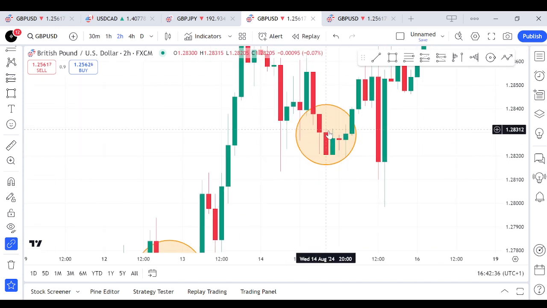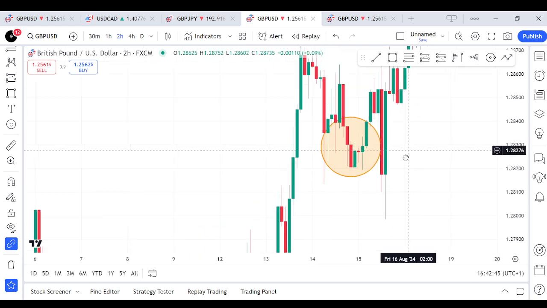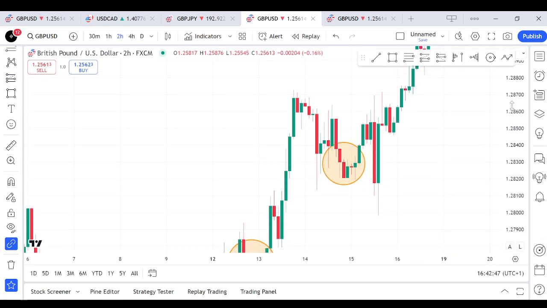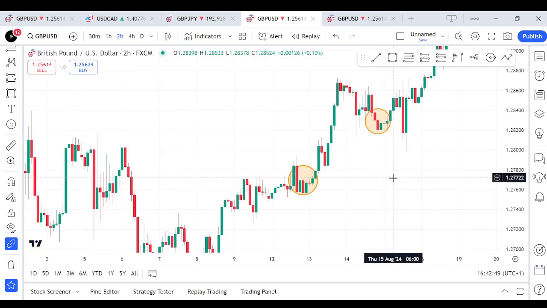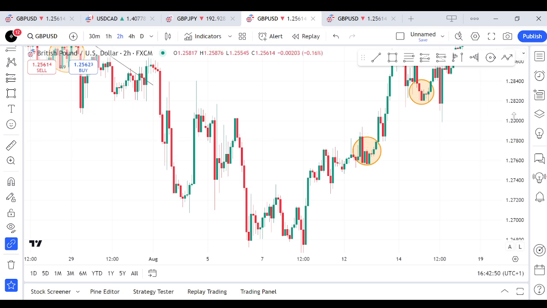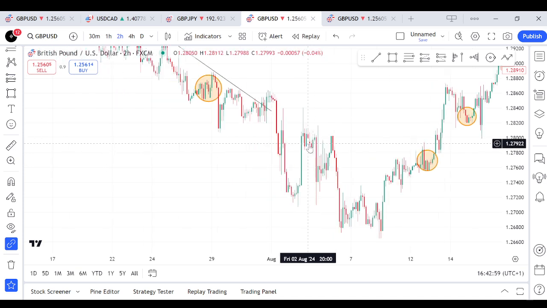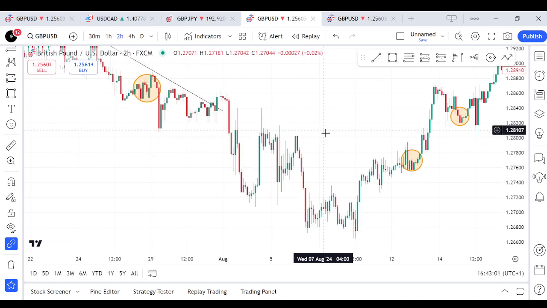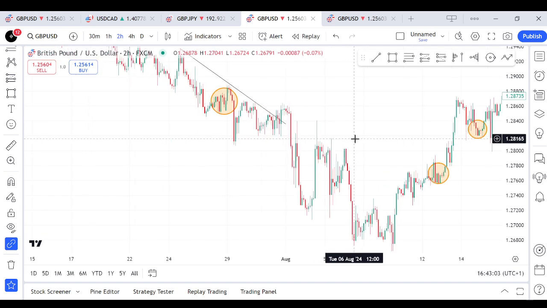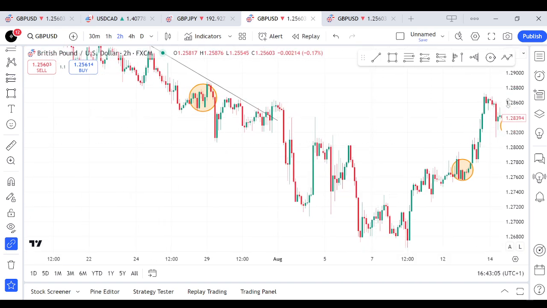So we have this large bearish candle right here, and the bullish candle closed above the midpoint of this bearish candle, and it could mean that we should be looking for bullish opportunities in the market. Remember, these are candlestick patterns and they should be used as confirmation tools and not exactly entry tools in the market, used for confirming your overall bias and